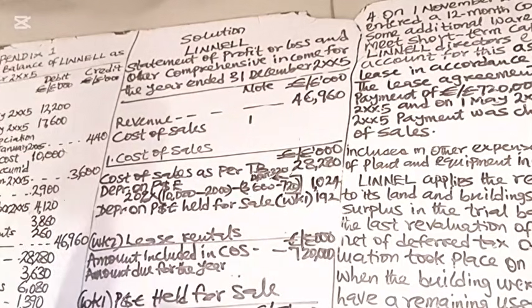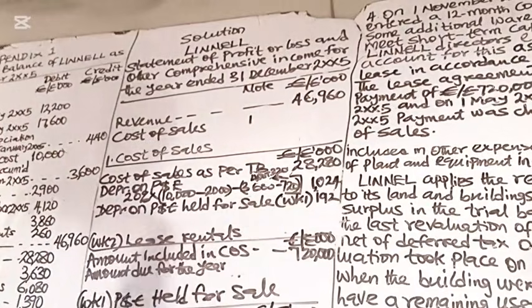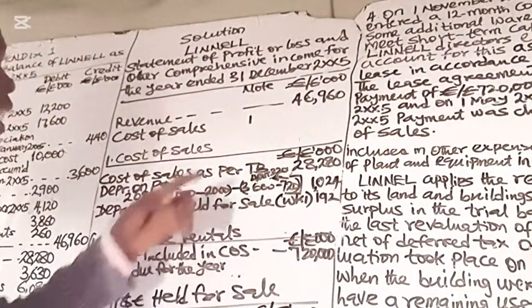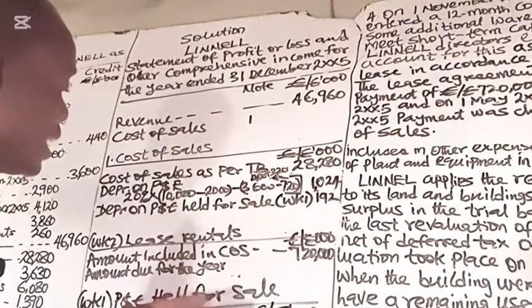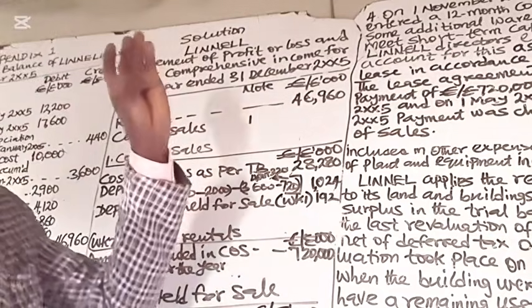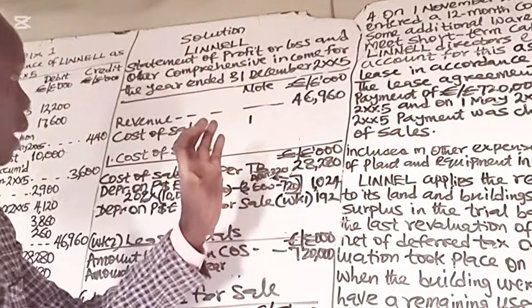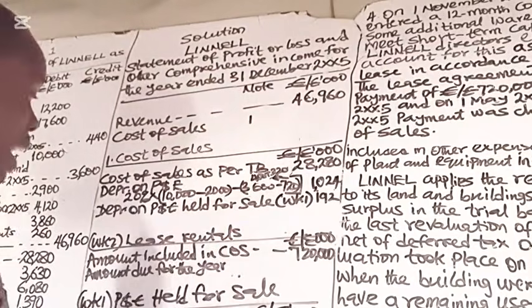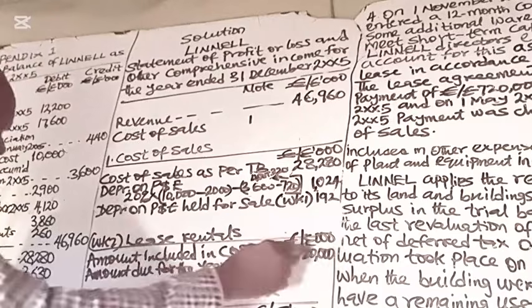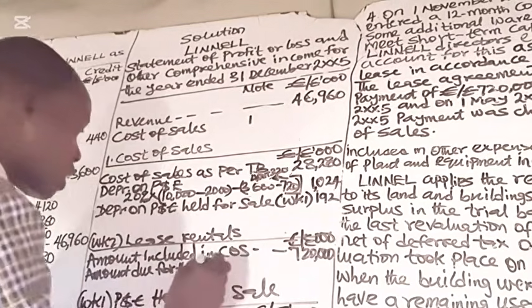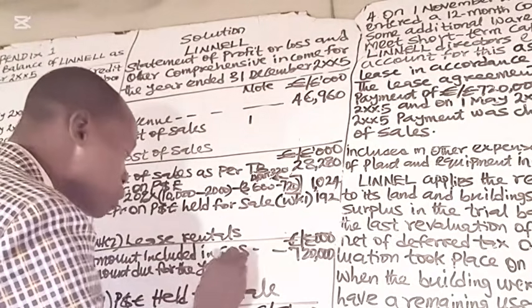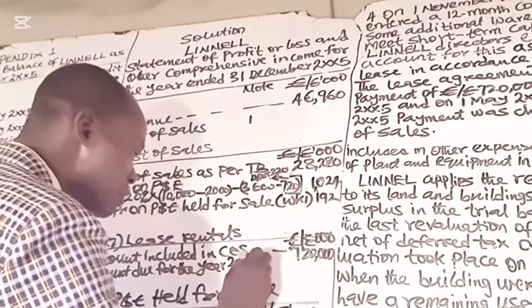Remember, the first installment was paid on November 1st, and the year end is December 31st. That is to show that only 2 months installments are supposed to be included in the cost of sales. That is the installments for November 2SS5 and December 2SS5. But 720,000 have been included in the cost of sales. Therefore, amount supposed to be included in the cost of sales will be 2 months out of 12 months period times